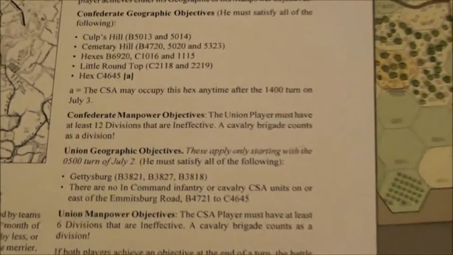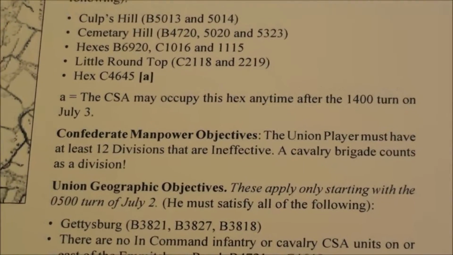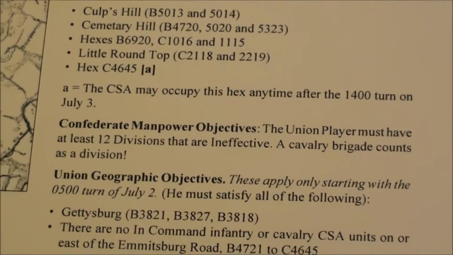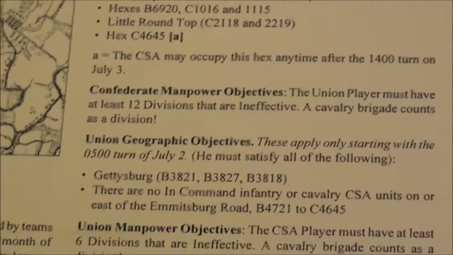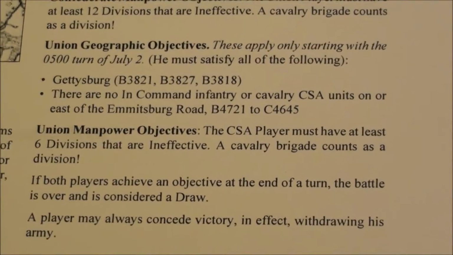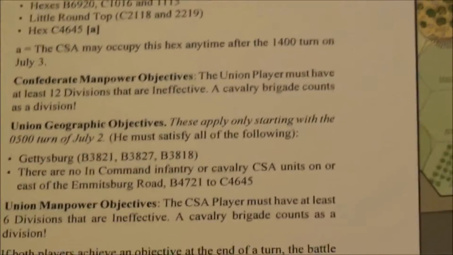They can also have a manpower victory if the Union player has at least 12 divisions that are ineffective, and cavalry brigades count as divisions. The Union manpower objective is for the Confederate side to have at least 6 divisions that are ineffective. And their geographic victory